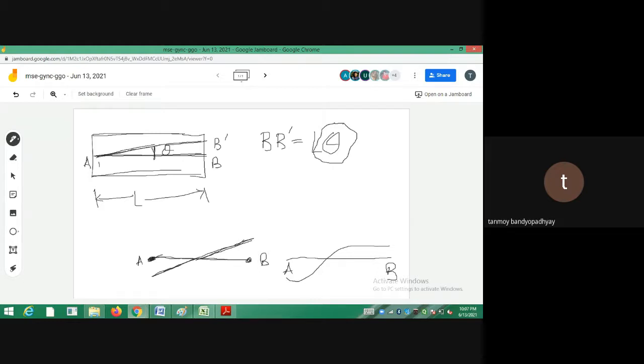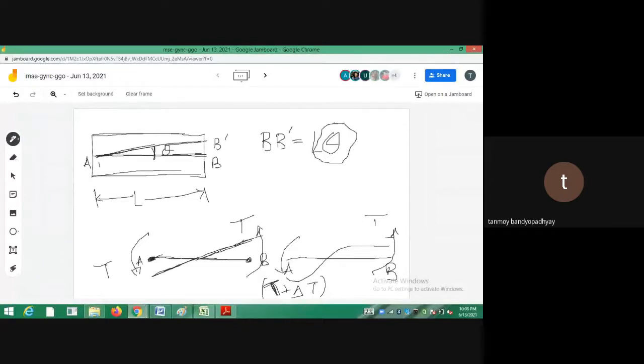There will be warping of the surfaces if there is non-uniform torsion. Like you see, this is the uniform torque we are applying. This is T, and this is also capital T. On both sides we are subjecting it to a uniform torque. But suppose this was capital T and this was T plus delta T. Then it would be a non-uniform torsion, and in that case there can be some warping of the lines. This warping of the lines we are not taking into account. We are assuming a uniform torque.